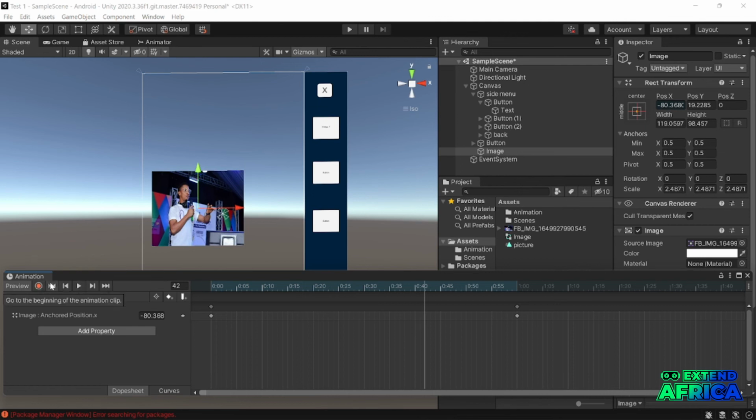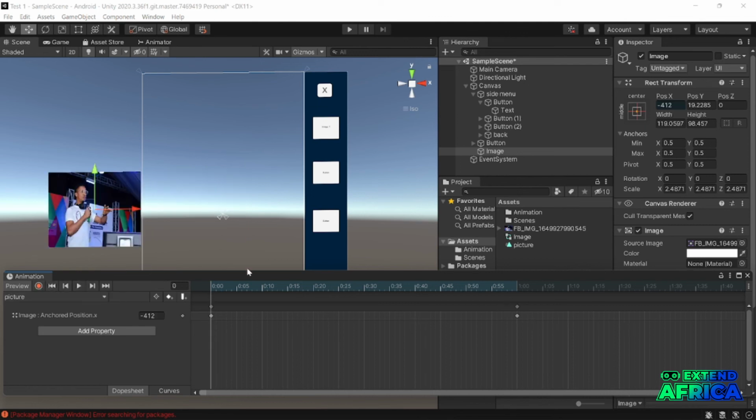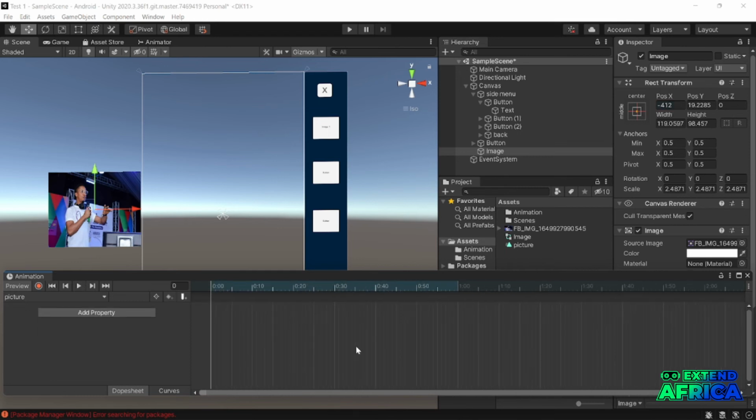Let's click this to go back. Let's delete. To delete the animation, you come over here to these two dots, click on it, then delete. Come over here, these two dots, click on it, delete. Then let's scroll and get to two seconds, which is this. Two seconds. Then record,